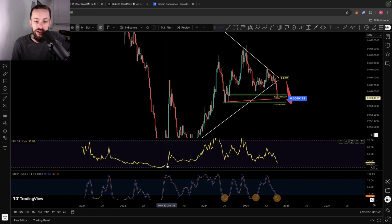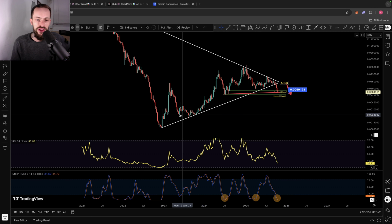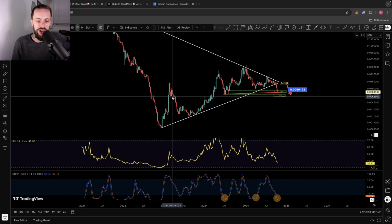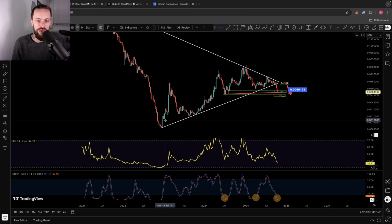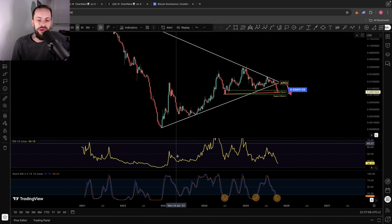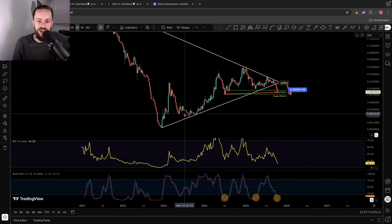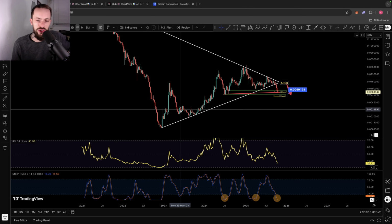Okay, so it's been a couple of years since being down at this level. And at that point in time, the price of Velo, where should we have a look? We were looking at sort of January 2023. The price of Velo was around 0.001. Okay, so even being at this point here, fast forward to 2025, we have higher lows than that 0.001,